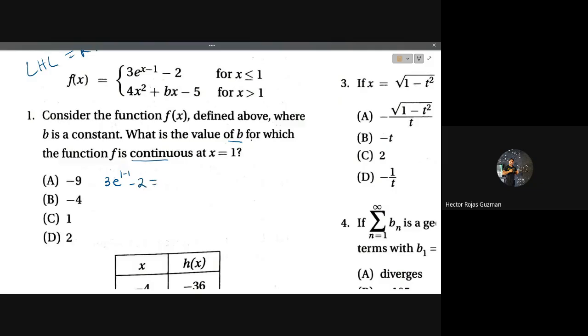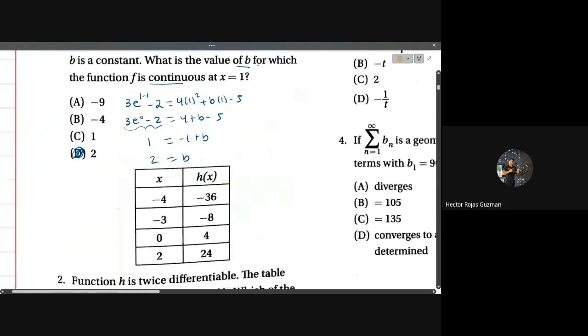Then we're going to make it equal to the right hand side of the equation, and we are going to solve for b. E to the power of 0 is 1, which means this whole thing becomes 3 minus 2. And then we get that b is equal to 2. So there's our first answer. Number 2,